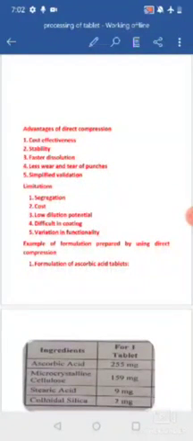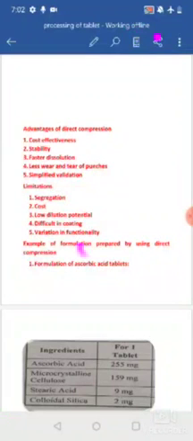Coming to the cost, here you are going to use excipients which are costlier when compared to those of the other granulation techniques. In direct compression you are going to use the extra grade or high grade excipients, so when compared to the other techniques it is going to cost more in the case of the excipients.